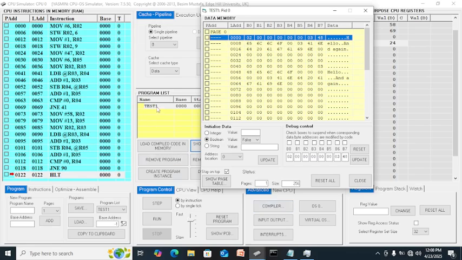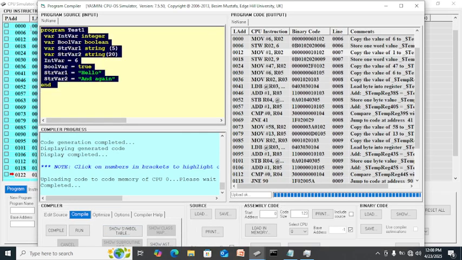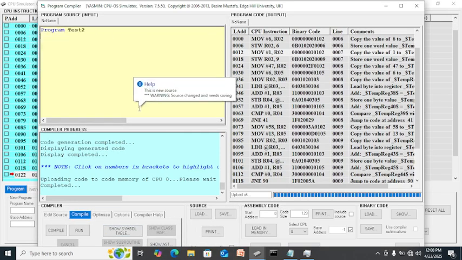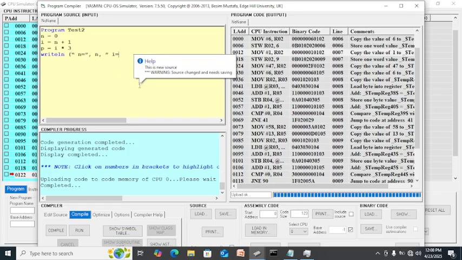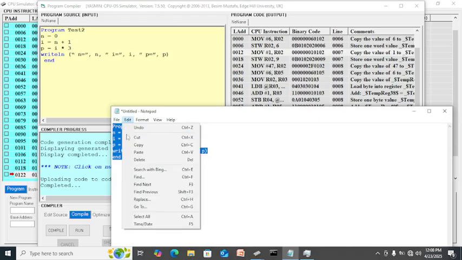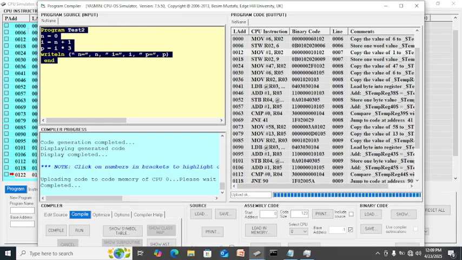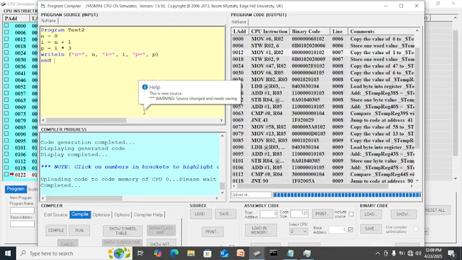So this is test 1. Can we compile this again and paste it here? Control V. See, this is wrong. It will make an error, so we need to copy this, because this is wrong. So it should be like that.